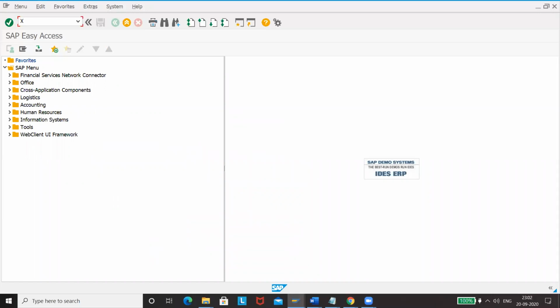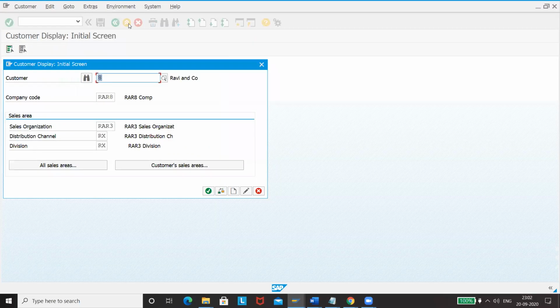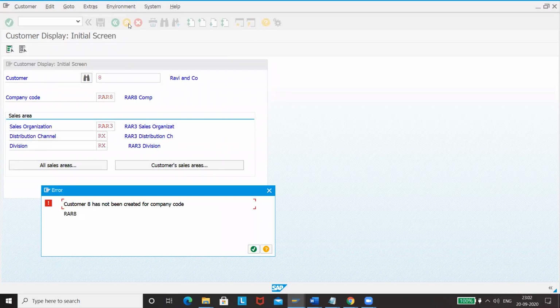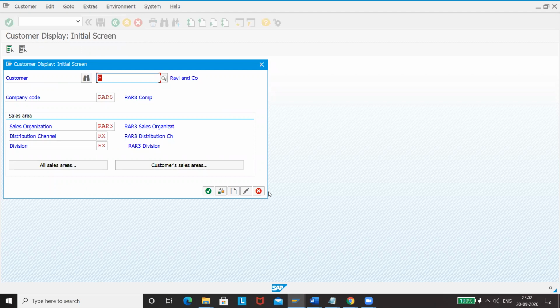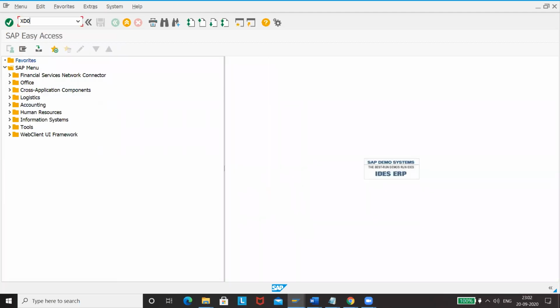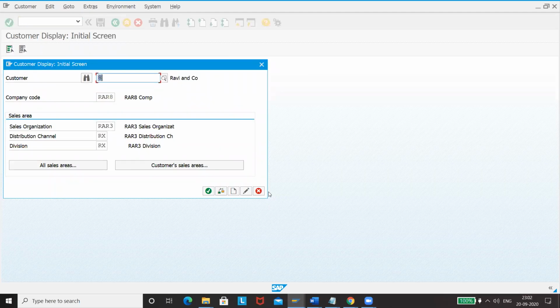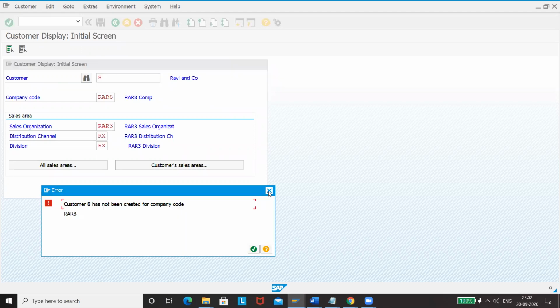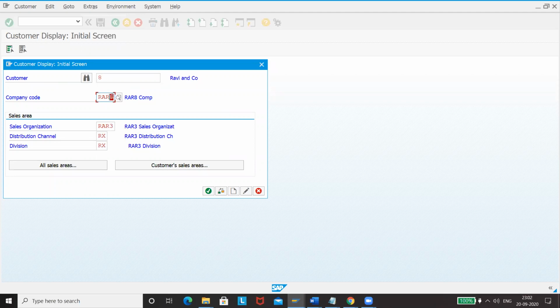Whenever you want to see customer master data, you have to go to XD03. So this is the one. Enter. Customer has been created. What have I taken? XD03 you have to take. It is taking company code as RAR8, but for company code it is RAR3.